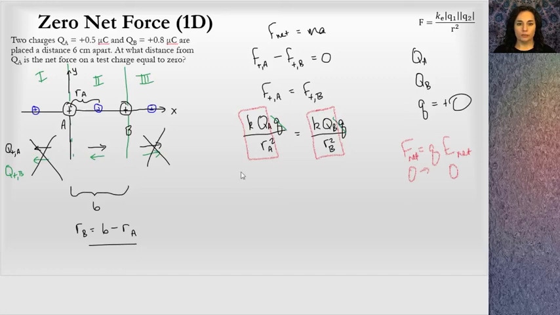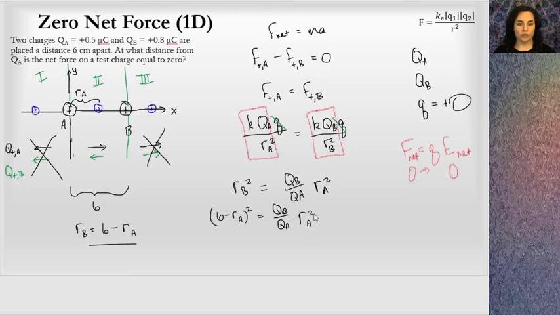So I'm going to get the ratio of charges on one side, and then the radii on two opposite sides, and then I'll be able to take a square root. So let's do this. I'll do RB squared equals, and I'll multiply QB over QA times RA squared. You can check my algebra on that if you like, but I'm pretty confident. I can put in what I know about RB, 6 minus RA, and that quantity is squared, equals QB over QA